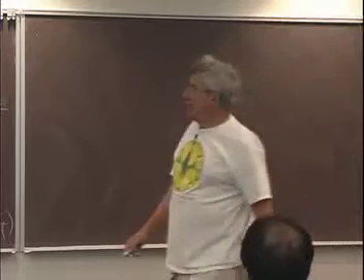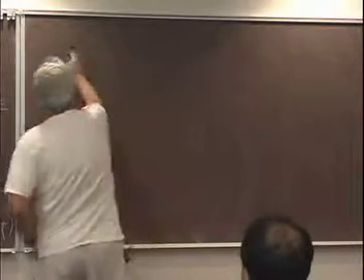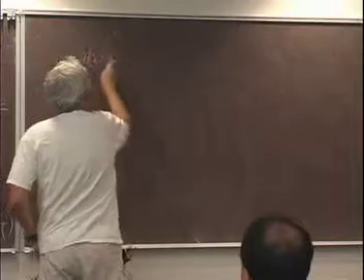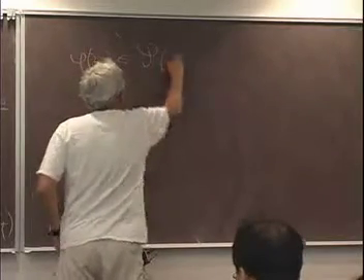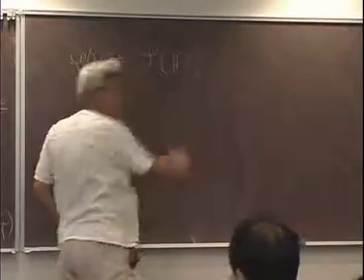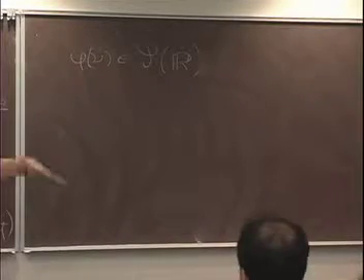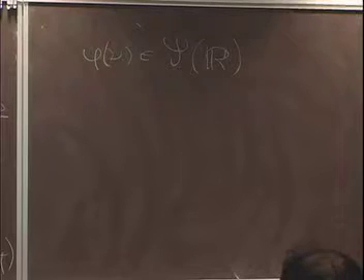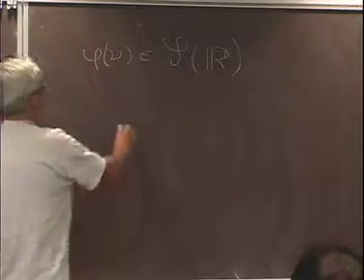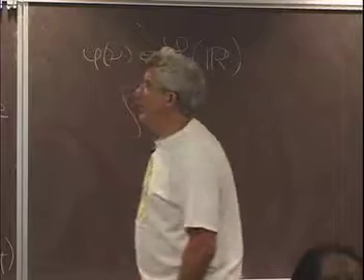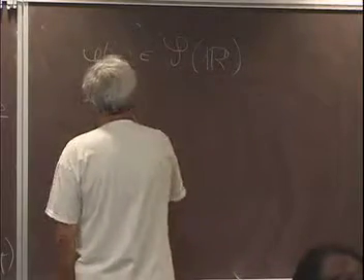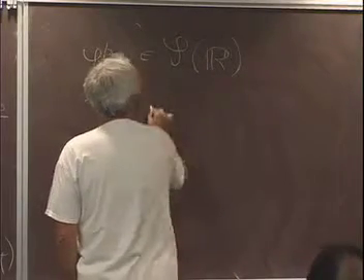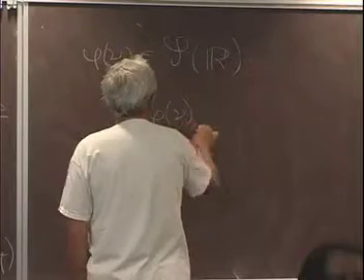What Harishchandra does, he takes phi of nu to be a Schwartz function on a real line in a naive sense. So this is a Laurent Schwartz function, a function which is rapidly decreasing. I mean, Bill talked about this space so far on the real line. And then you integrate from minus infinity to infinity phi of nu,